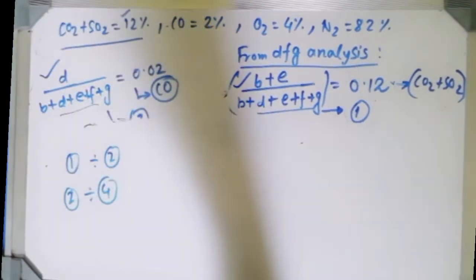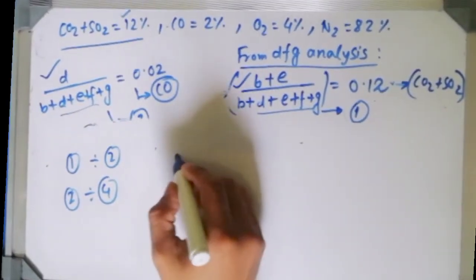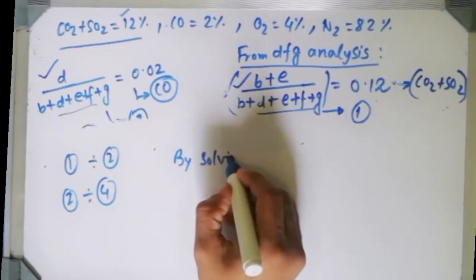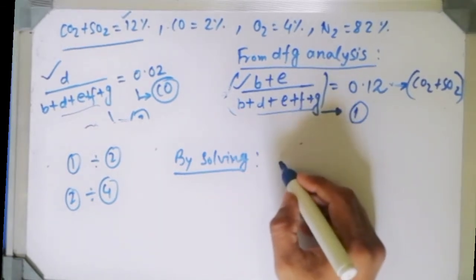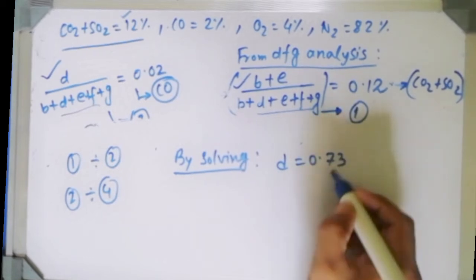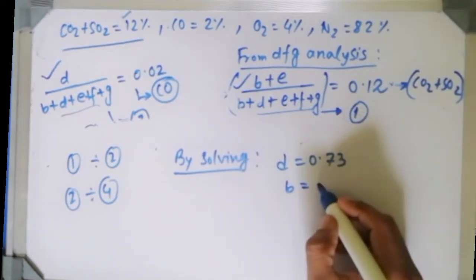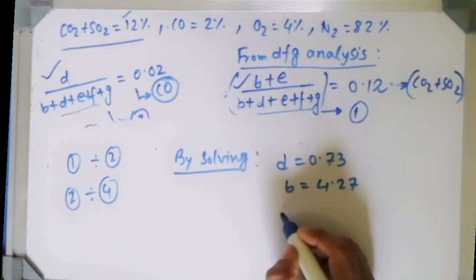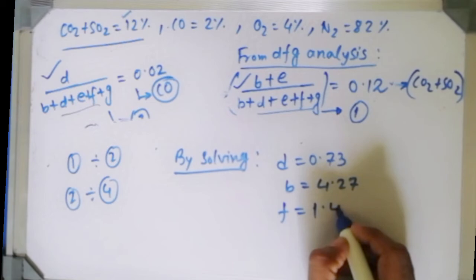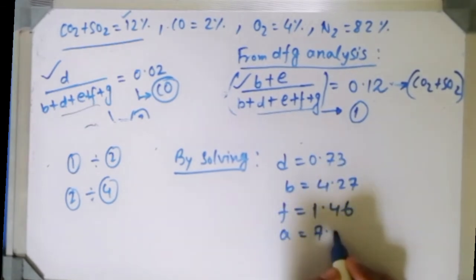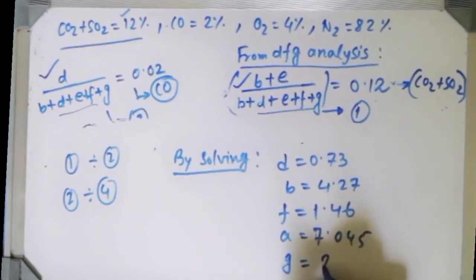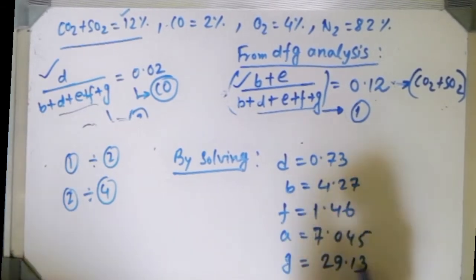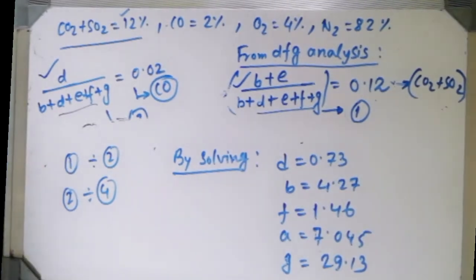Suppose I have found those values in this manner: D is equal to 0.73. You can do the calculation with your pen and copy afterwards. You can check if there is any mistake from my side or not. Then F is nothing but 1.46. I have solved this equation and am getting this value, 7.045. G is 29.13. It may be that some calculation error is coming from my side, so you solve it then. And the E value we already got from the initial part, that is 0.1. So just after getting these values, you can see that the A value is known to you.